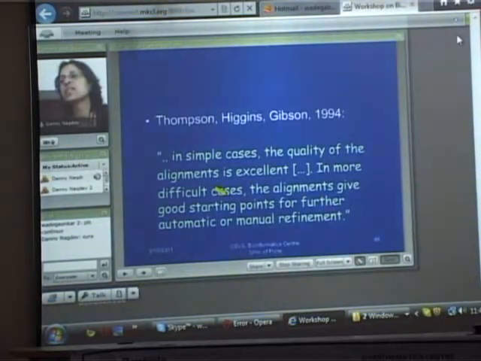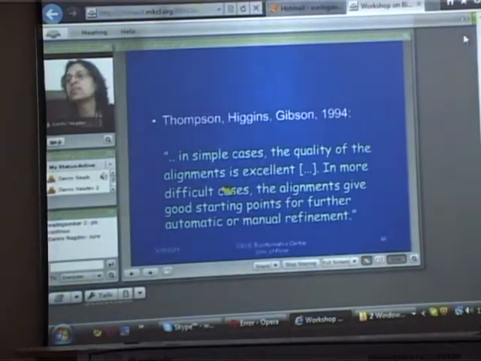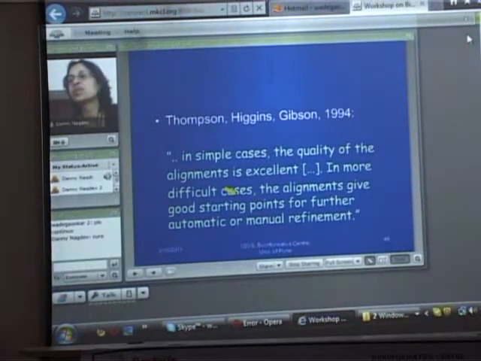And in such data sets, what they very humbly say is that the alignment gives a good starting point for further automatic or manual refinement, indicating that you should take